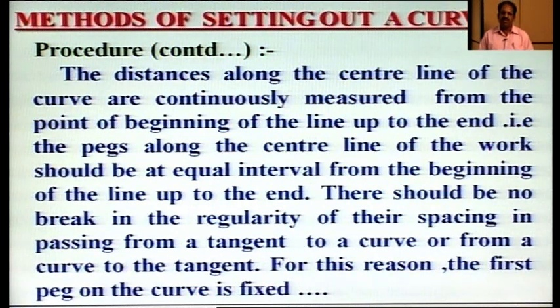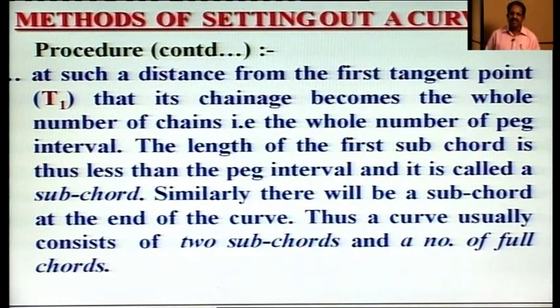The distances along the center line of the curves are continuously measured from the point of beginning of the line up to the end. That is, the pegs along the center line of the work should be at equal intervals from the beginning of the line up to the end. There should be no break in the regularity of their spacing in passing from a tangent to a curve or from a curve to the tangent. For this reason, the first peg on the curve is fixed at such a distance from the first tangent point